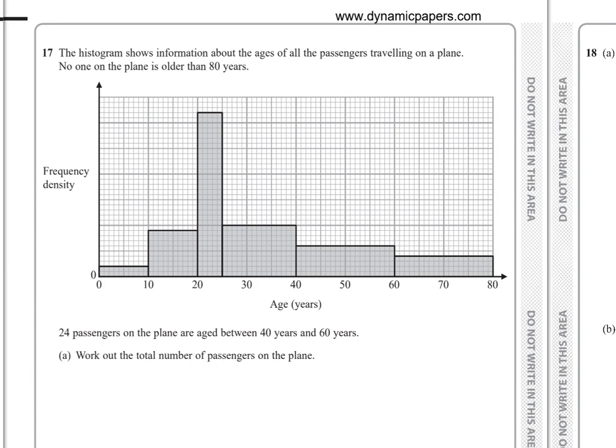So between 40 and 60 we have 24. So the area for this rectangle is 24. Area of rectangle, base times height. From 40 to 60, the base equals 20. So 20 times the height equals 24. So to find the height, divide 24 by 20 equals